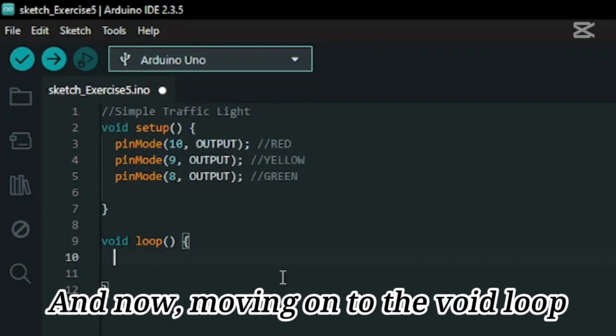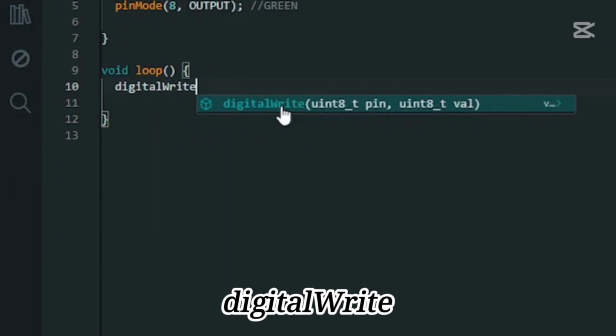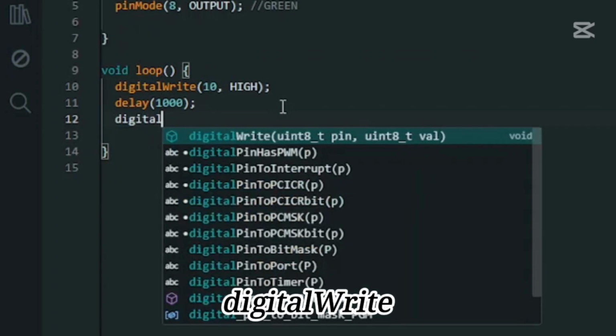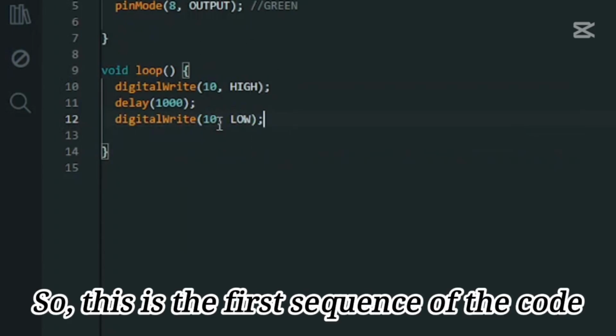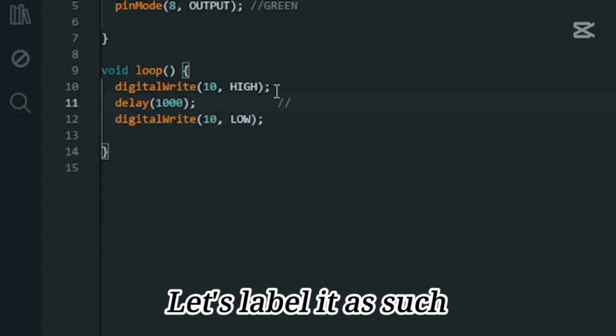And now moving on to the void loop. Let's say digitalWrite 10, HIGH, delay 1000 milliseconds, digitalWrite 10, then LOW. So this is the first sequence of the code. This is the red sequence. Let's label it as such: red